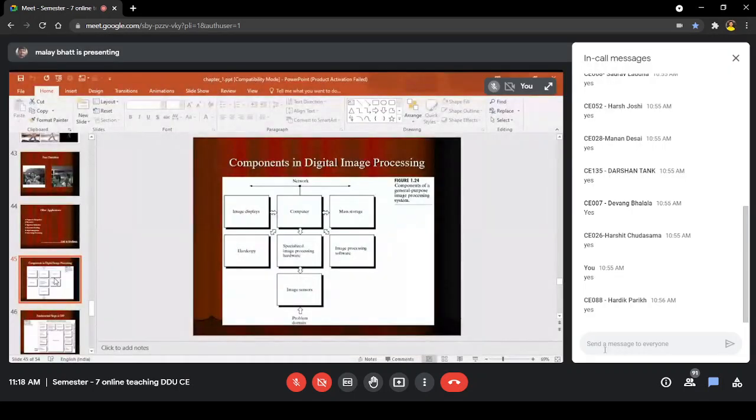Once you are getting a digital image, then you can take a printout of it, because now your computer is connected with a network. You can see the network at the top. So once you get that image in your computer, it is connected with a network, so it can be transferred to another computer through the internet or intranet. And now from that computer, you can download that and store that image on another computer.